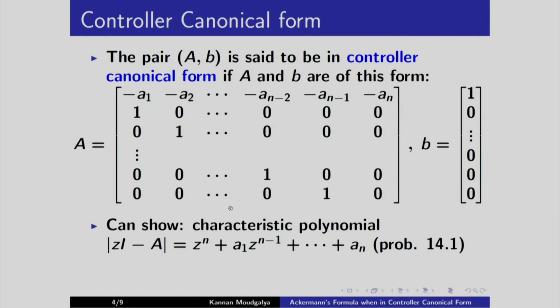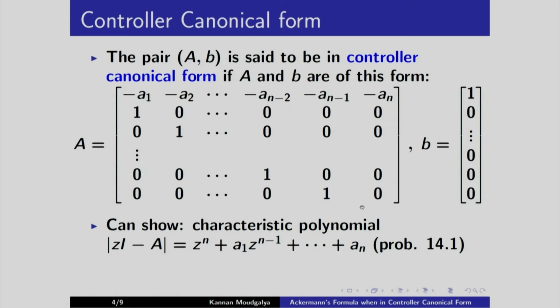We can show that the characteristic polynomial for this system is given by this simple expression, where the coefficients of this polynomial can be read off from here. For example, this minus a1 becomes the coefficient of z to the power n minus 1 here, and so on, and finally this an becomes the constant term in this polynomial. So this is a very nice form, it gives a very nice expression,